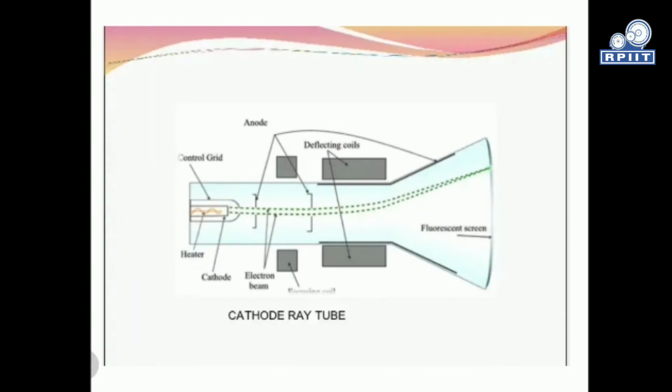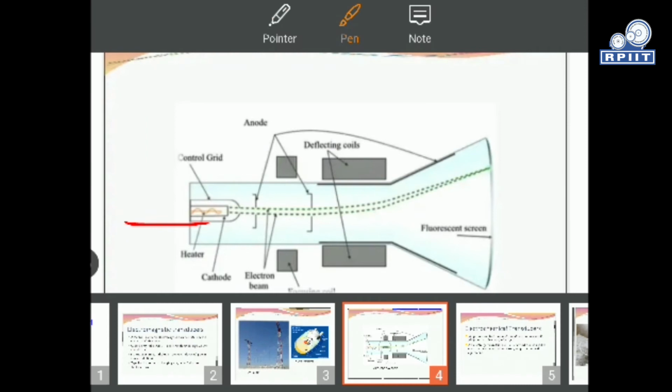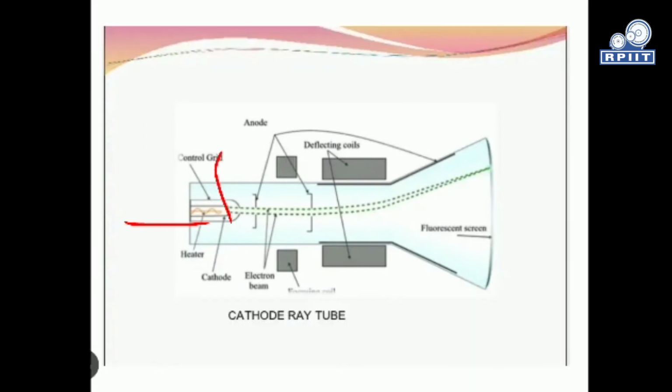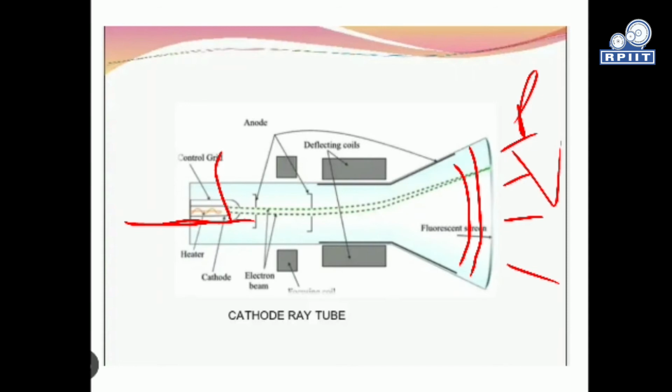We can see we are giving the supply from the cathode terminals, and the control grid is there to increase or decrease the electrons. Then the anode and deflecting plates over there are directly connected to our fluorescent screen. This electron beam falls on the phosphor screen, and it gives the form of visualization over here. So it can be a picture, it can be a video as well.